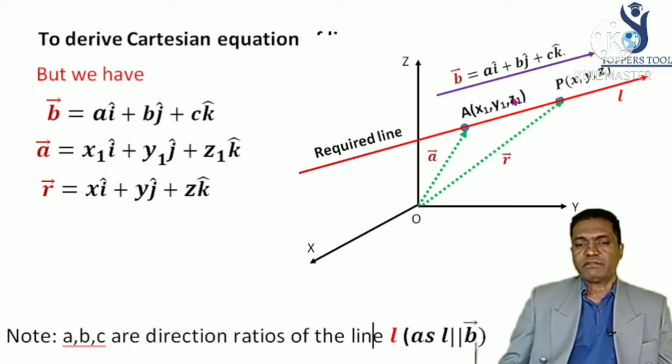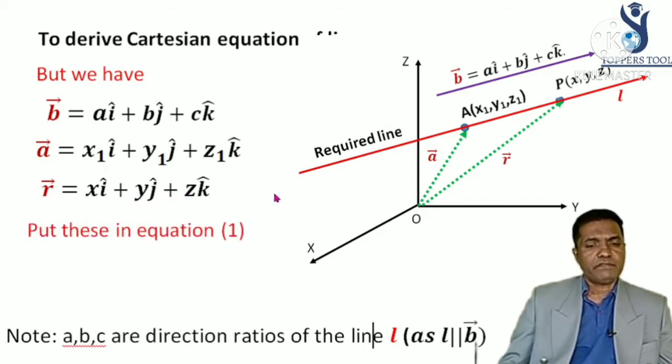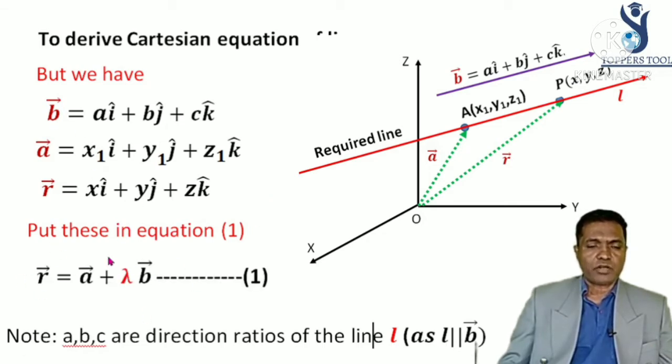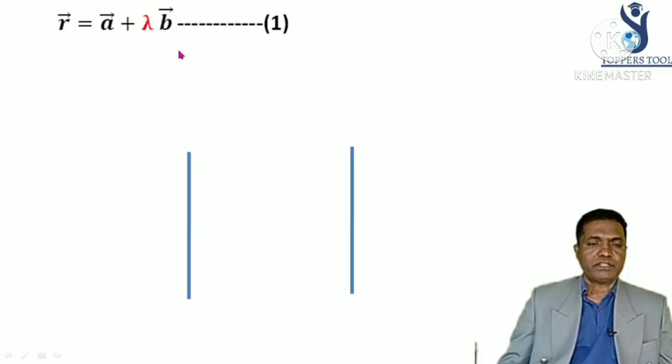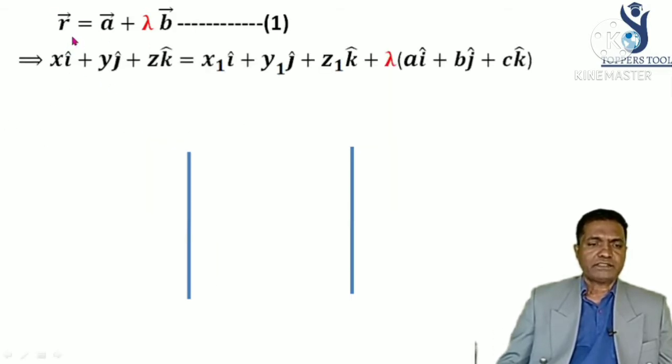So if x1, y1, z1 are the coordinates, then its component form is x1 i cap, y1 j cap, z1 k cap. Similarly, vector r you can write as x i cap, y j cap, z k cap. So substituting these values in the previously derived vector form, put these forms in this equation. So what will we get? See here. This is your equation. Substitute r, a, b. So if you substitute r as this,